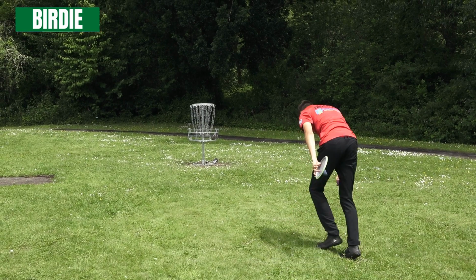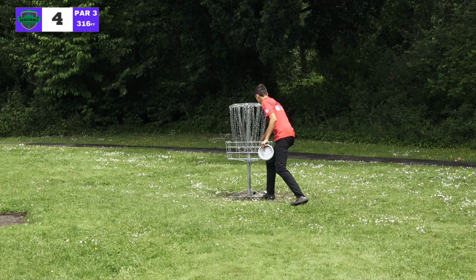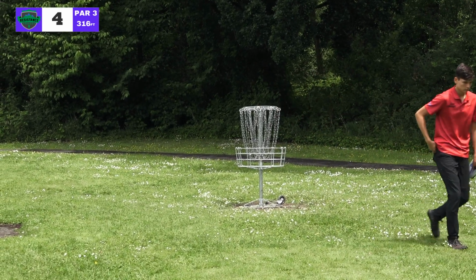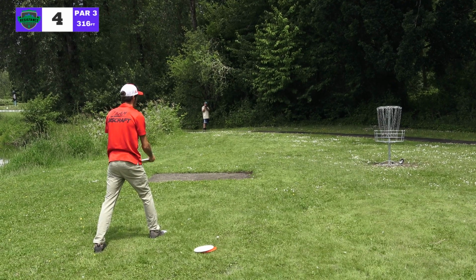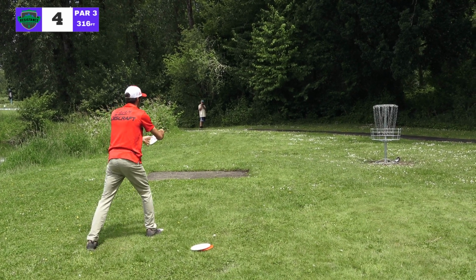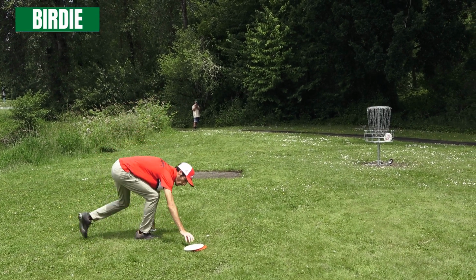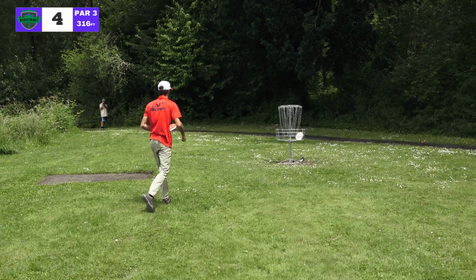Cole first up for the birdie. Furthest out at about 28 feet there. Yeah, another dead center putt. Really love his putting form. Tim, maybe about 20. No problem. A little further than that, but